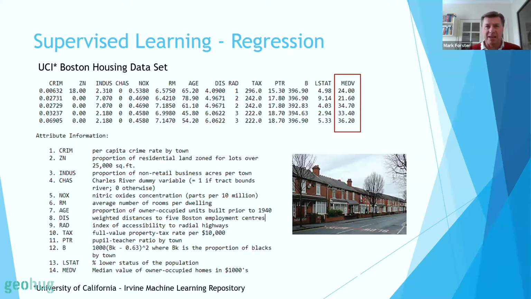So when you feed all your data into that algorithm, it will create a model for you, so that if you were to put in a new set of housing data but you didn't have a median value, it would predict the median value for you, okay? So the assumption is you have all the other 13 attributes and it will calculate the 14th one for you based on the model you've built.